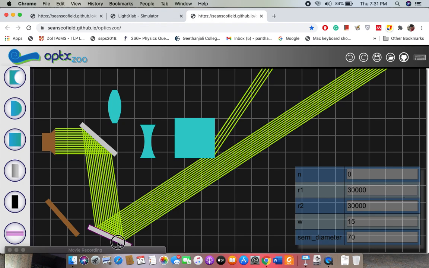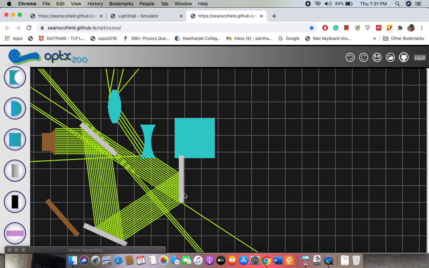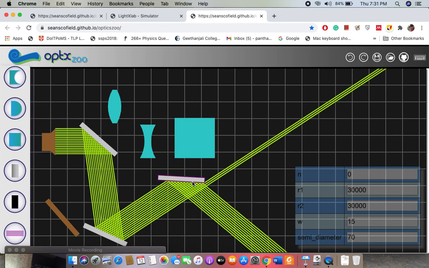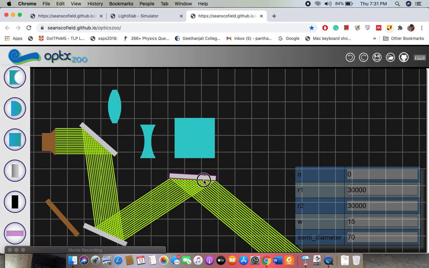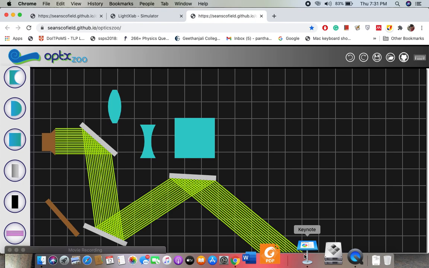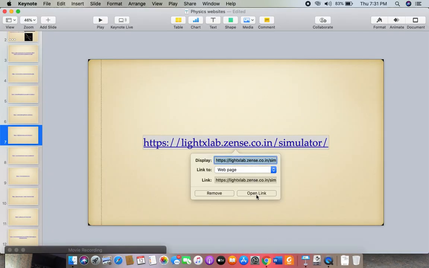So you can play with the light rays. This is how you can learn the subject of optics by using simple simulations. So this is the second website, and one more website is also available.